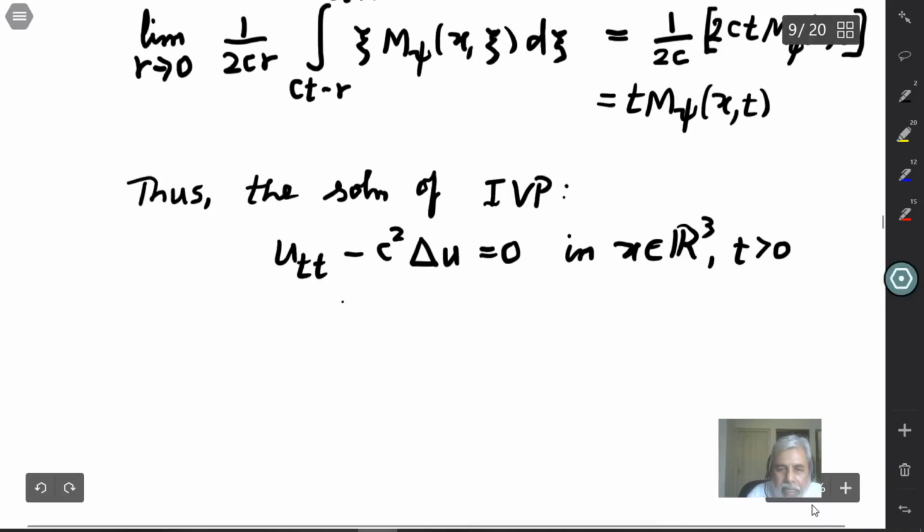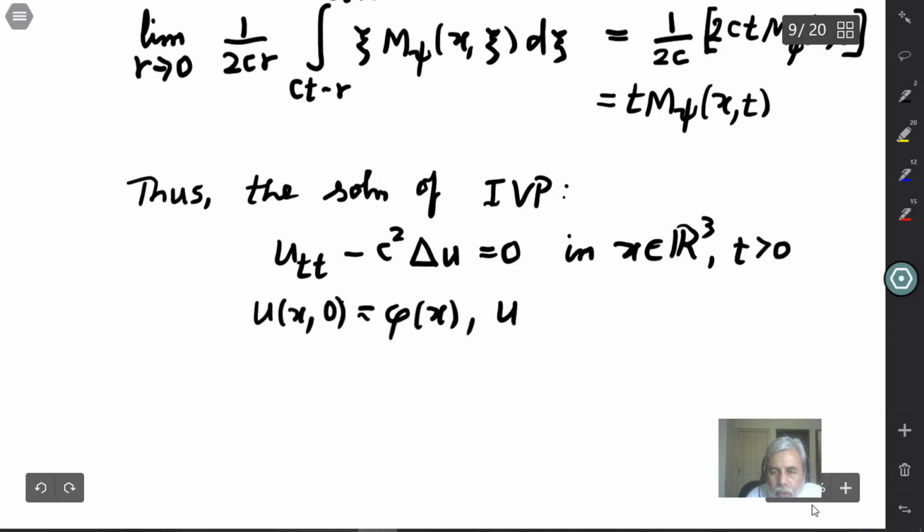With initial conditions u of x, 0 equal to phi of x, u_t of x, 0 equal to psi of x, again x in R3,